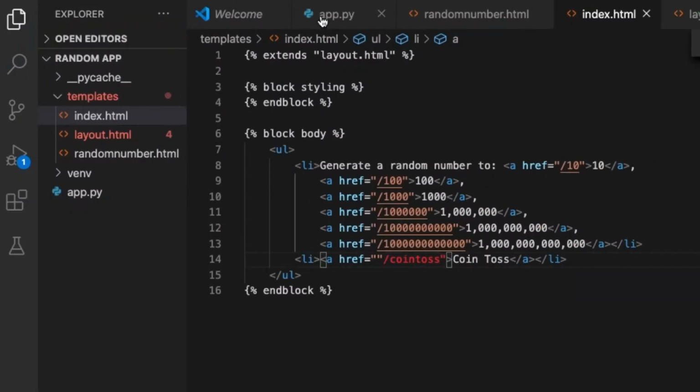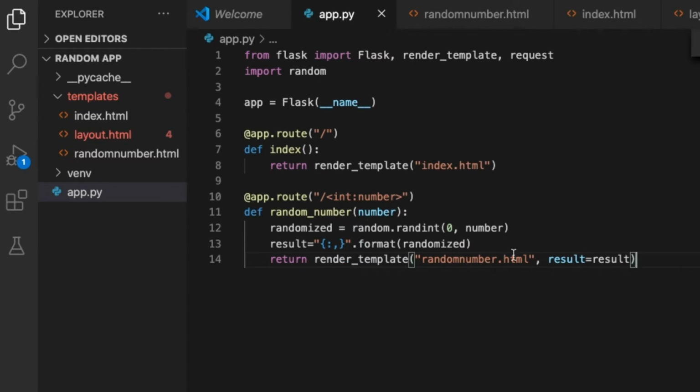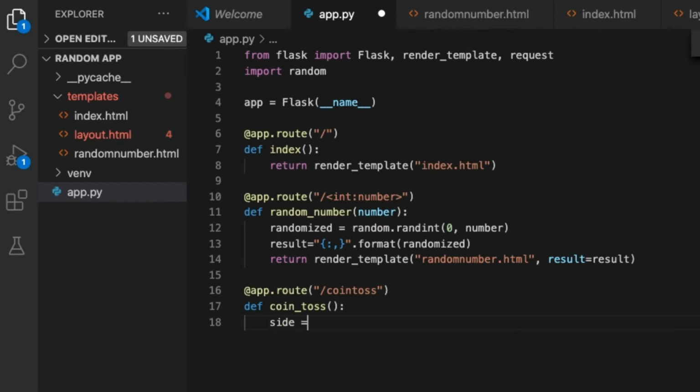Alright, so let's go make the coin toss page, and it's going to be very similar. app.route coin toss, define coin toss, and what are we going to do? We're going to get a number, just like we did our random number up there. It's random.randint, but this time it's going to be from 0, which is one option, and 1, which is the other option. So we're going to do return render template